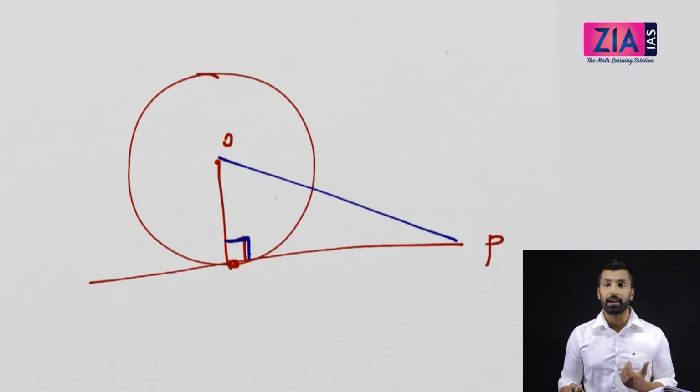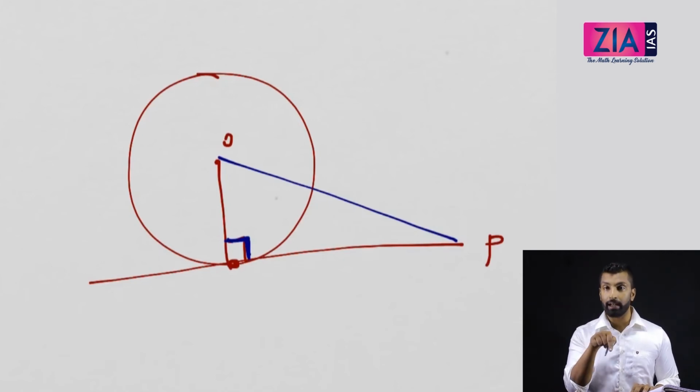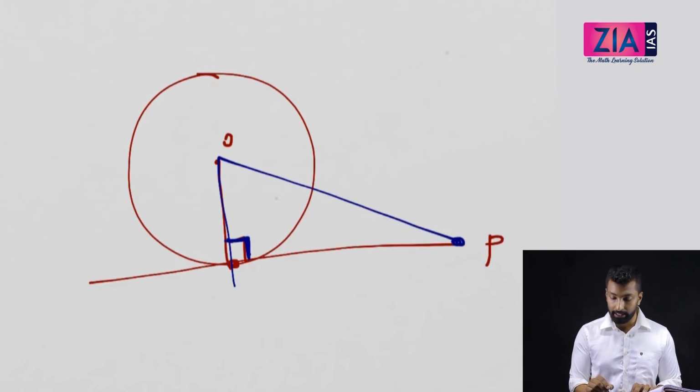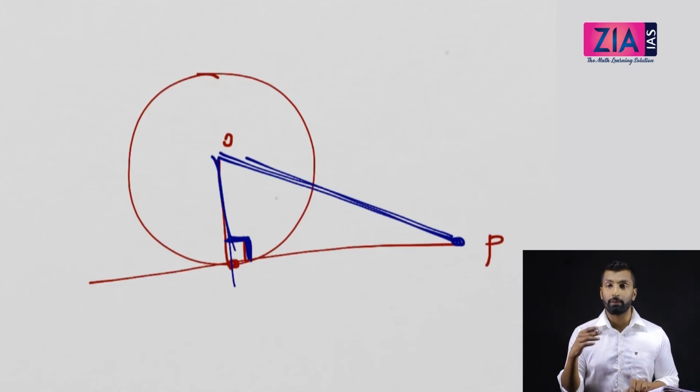If you make this a right angle triangle, the method of finding other sides and angles is going to be very, very easy for you. So the moment you see a point outside, think of the possibility of getting a right angle triangle. How will you get it? Just drop a perpendicular from the center. Then you just join these two, right? You get a right angle triangle. So this is a very, very important property, and this is what we call the tangent perpendicularity theorem. You don't need to know the name of the theorem, just remember this property.